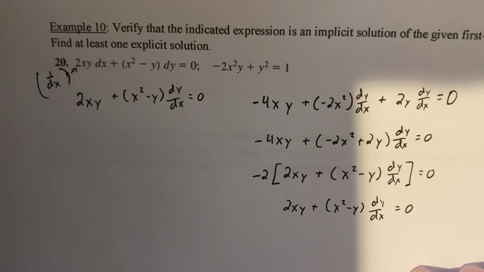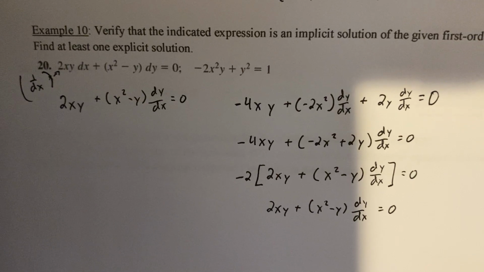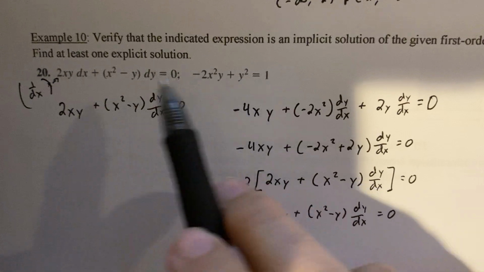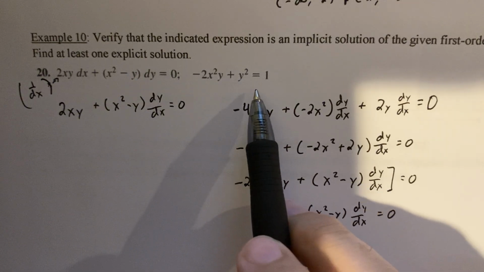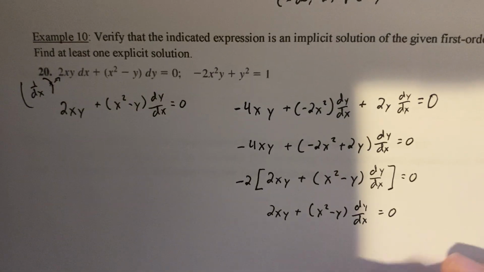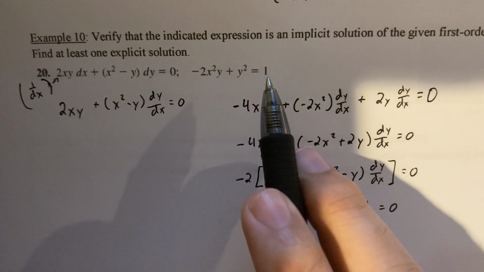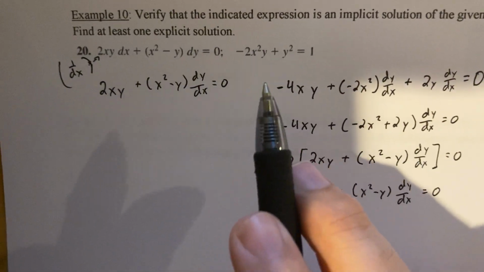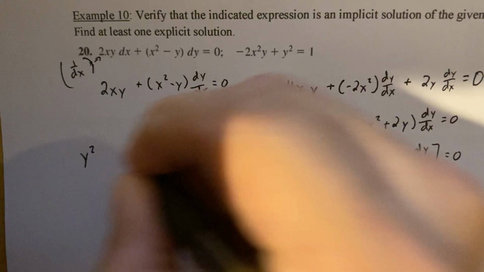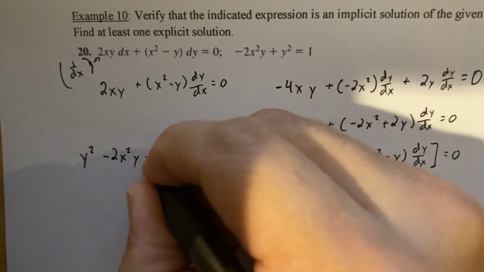The part that makes it a little bit more complicated when we're talking about differential equations is now we want to express our implicit solution as an explicit solution. So we've got to figure out, how can I write this as an equation of y equals? All right, so I'm going to rewrite the implicit solution to be this: y squared minus 2x squared y minus 1